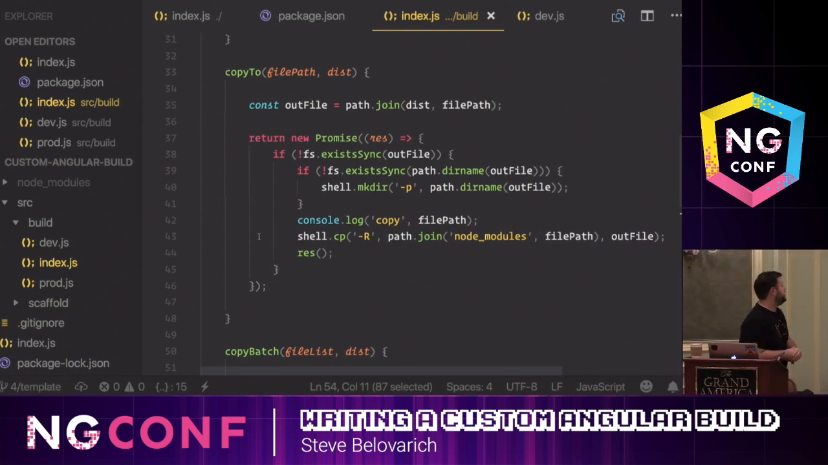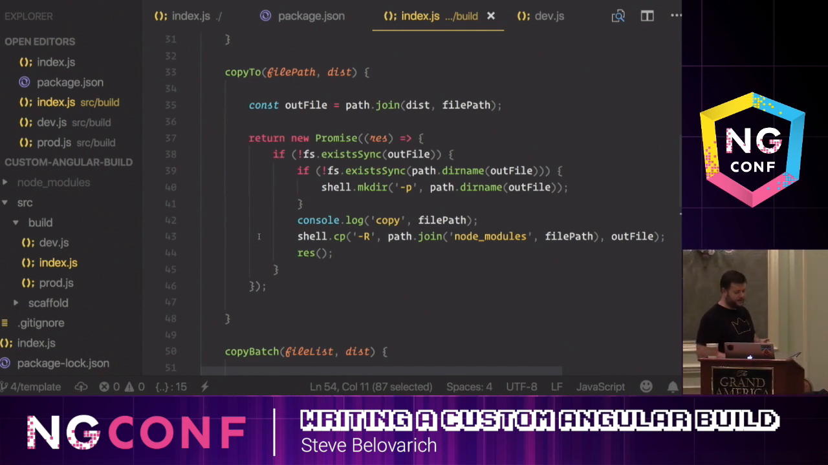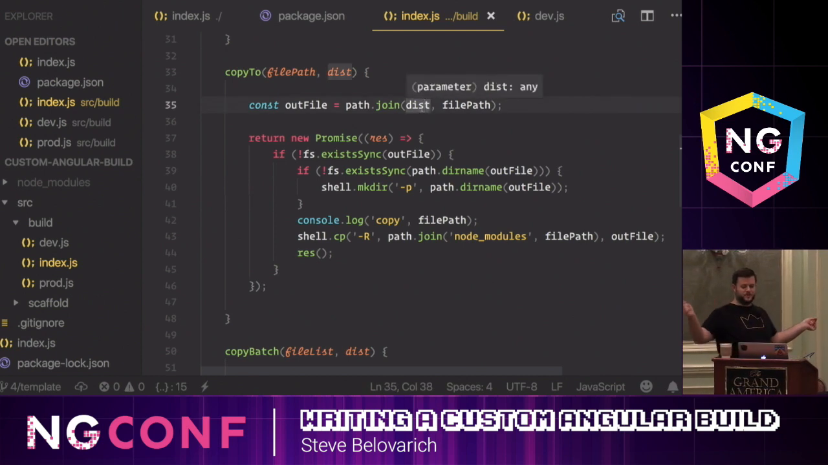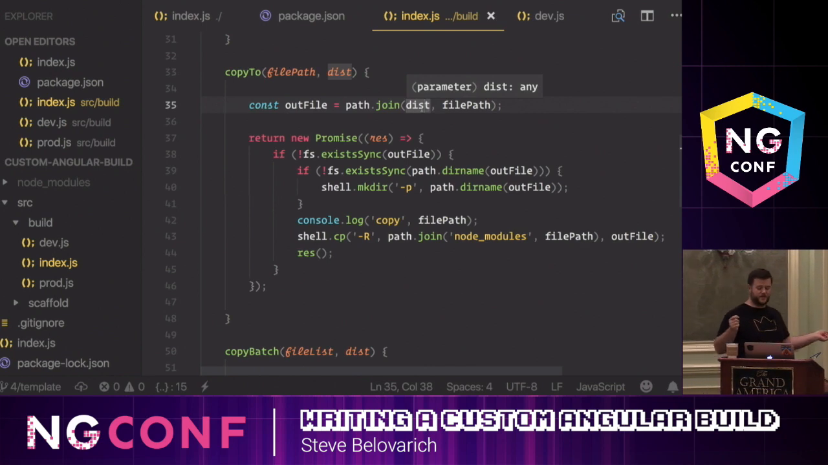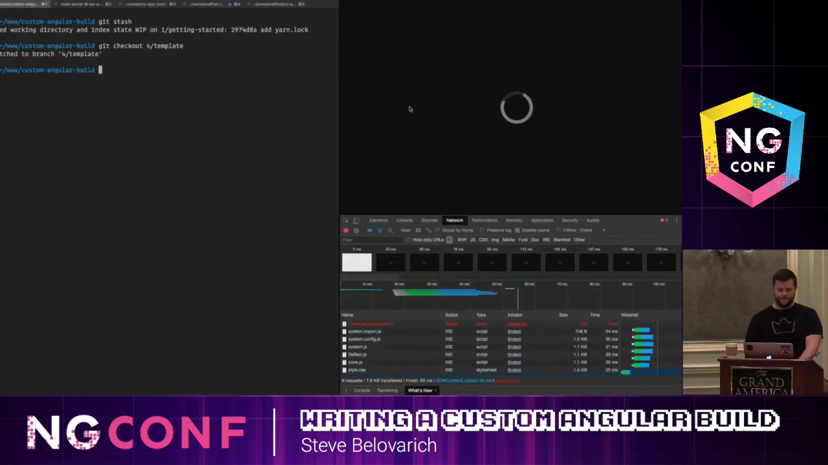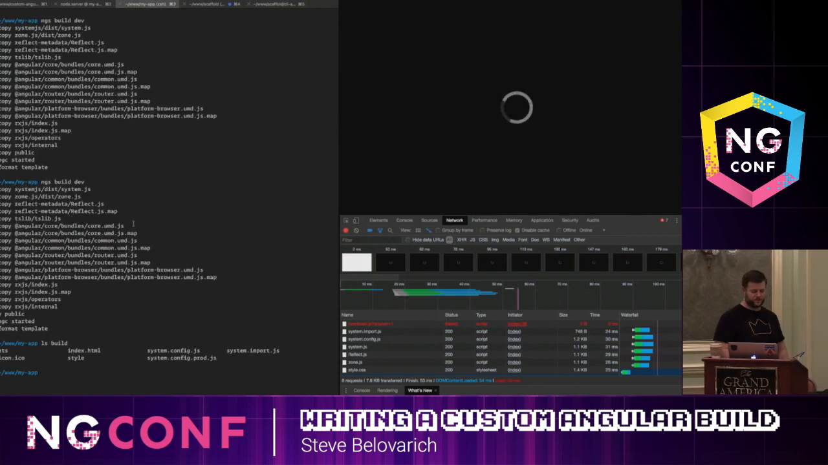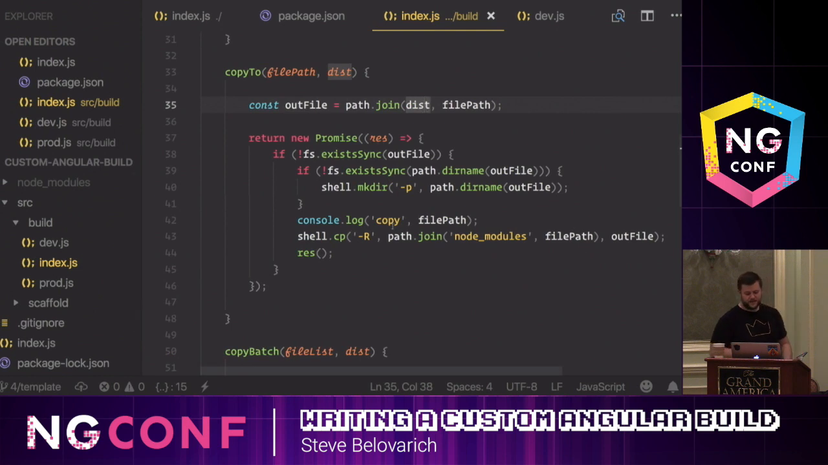We're checking to see if the out file exists. The out file is created by joining the path of the dist folder to the file path of the node module file that we are trying to copy. And if it does not exist,